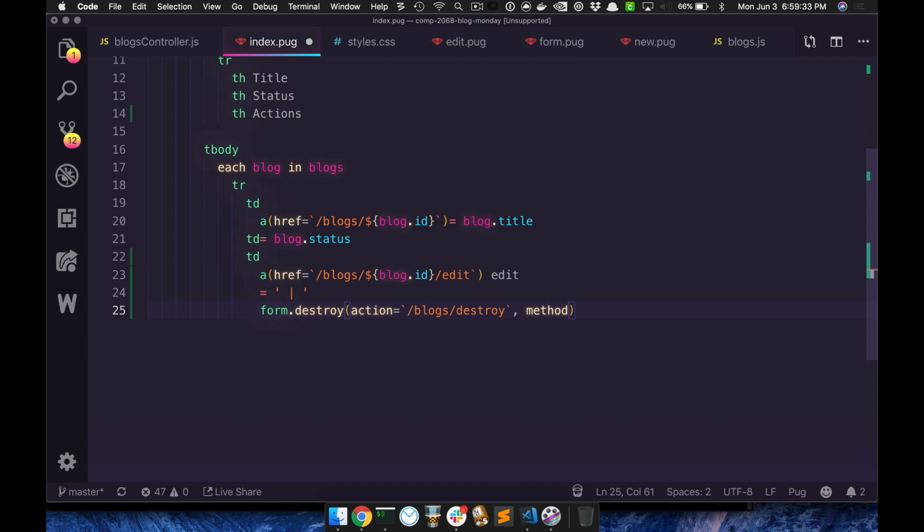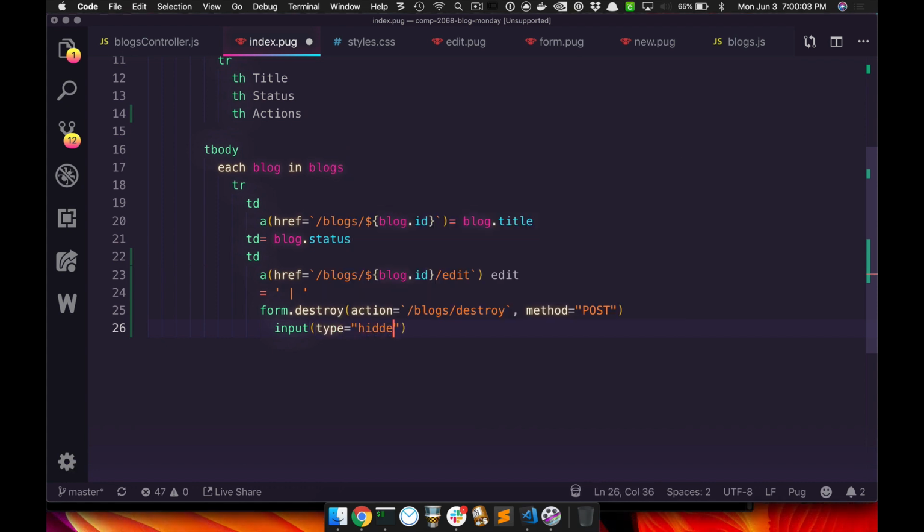And then the method is going to point to post. Inside here, we need two inputs. One, we need a hidden field in order to carry our identifier to the destroy operation. And then the second piece we'll need is just a button to click, like a submit button. So we're going to do input,